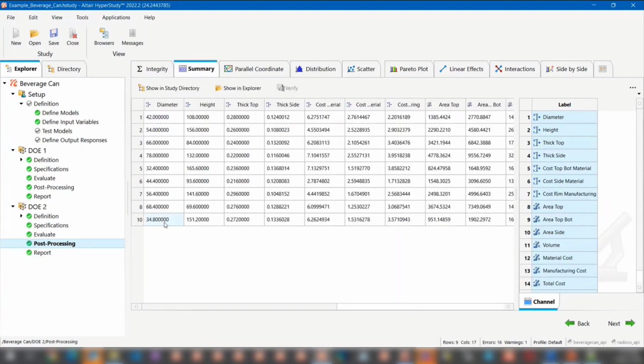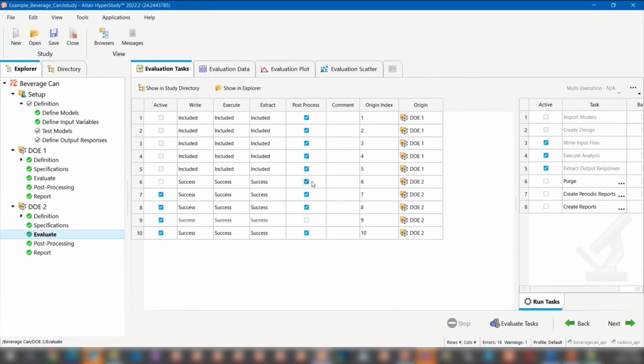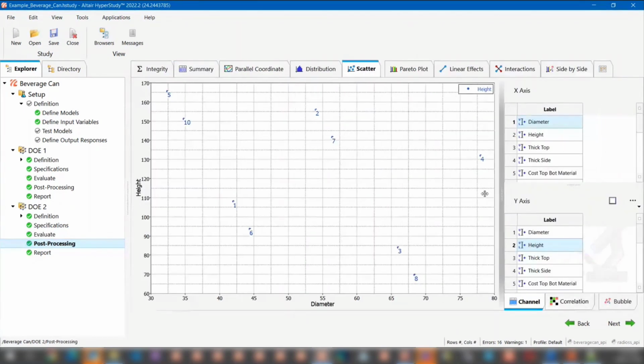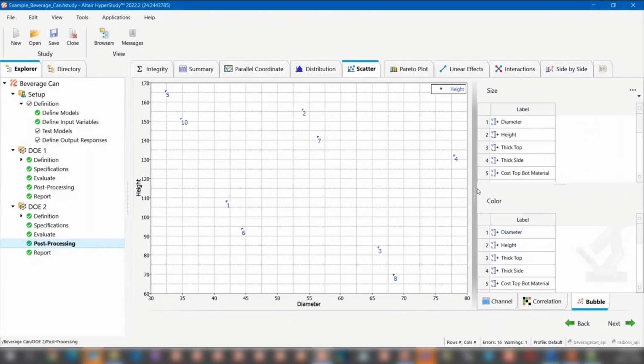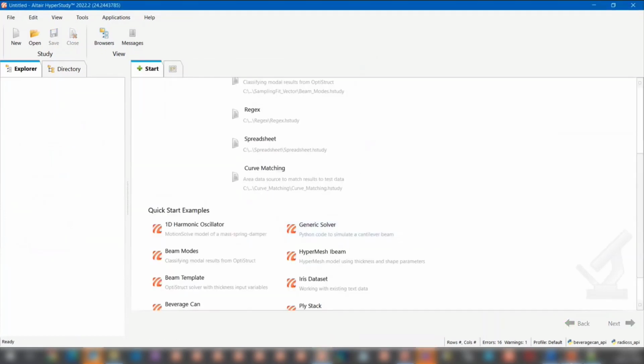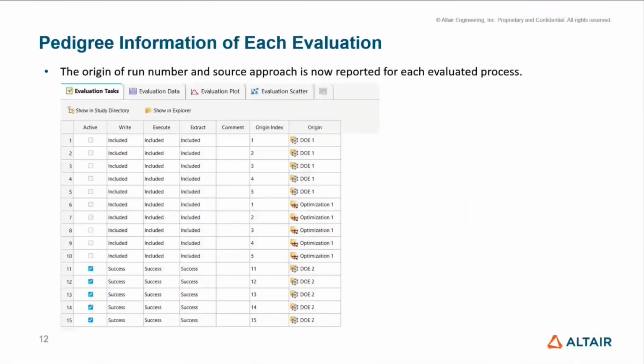And later we will use this metadata in some post-processing areas, which is probably coming in the next release. For example, you can use bubble plots, and one of the dimensions could be the approach type here. Okay, let me go back to my presentation. Another one is